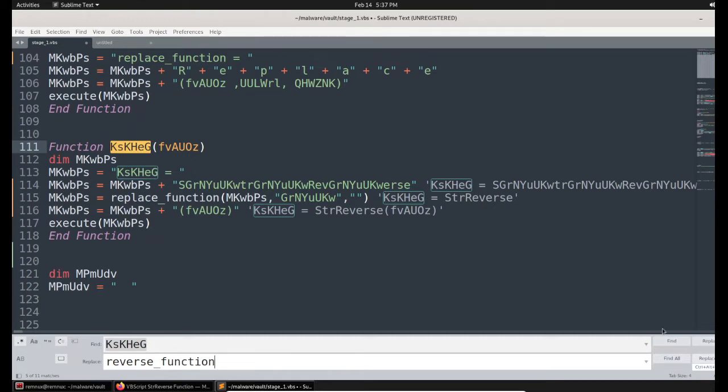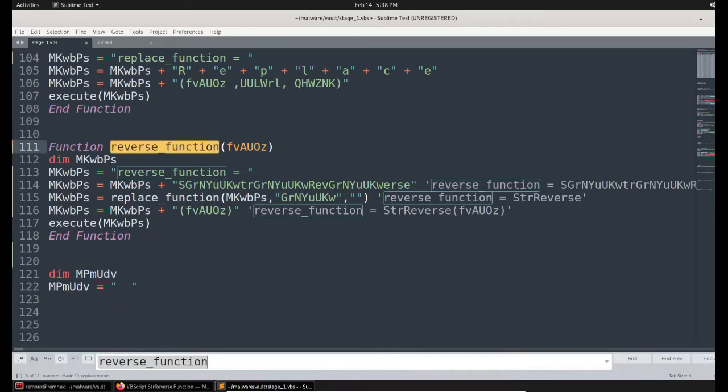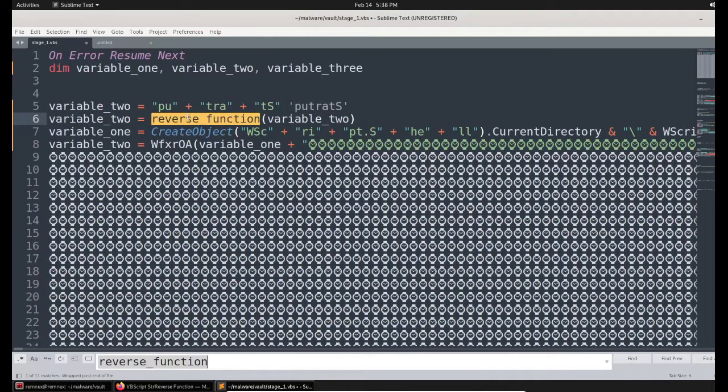Replace all, Ctrl+Alt+Enter. Now it is replaced everywhere. Now let me go to this function call where we initially started, and here is the function call. So it performs some reverse function. When it reverses variable 2, what will we get from the variable 2 value?